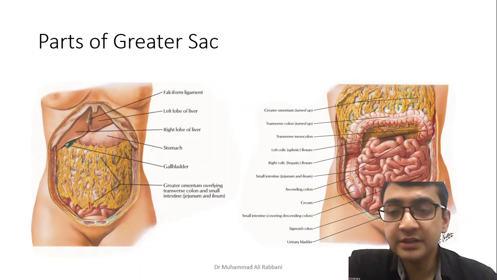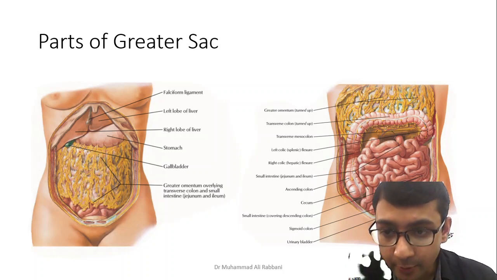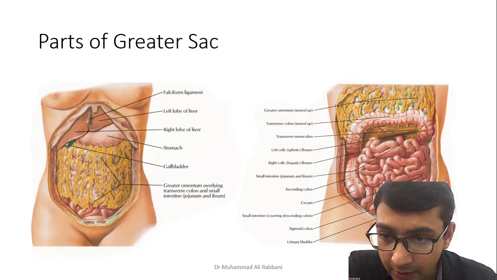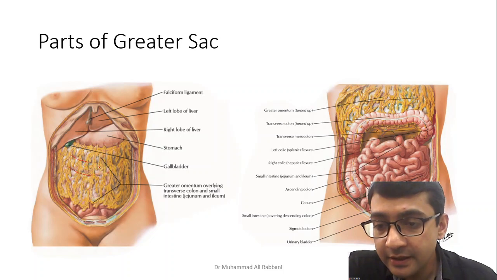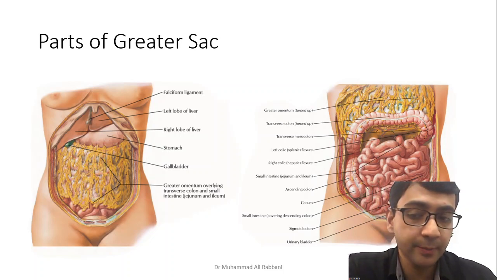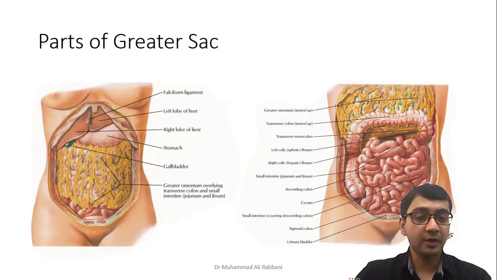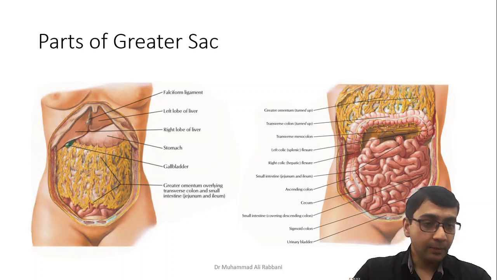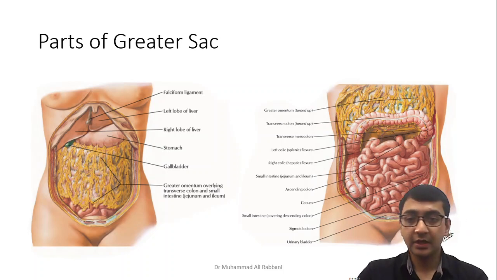Here you can see that when you have removed the anterior abdominal wall, you can see the stomach, this greater omentum, the transverse colon, and the superior mesentery. Anything that is anterior to it and above it is the supracolic compartment. If you pull up this greater omentum and transverse colon like an apron, behind it all of this cavity you see is the infracolic compartment.